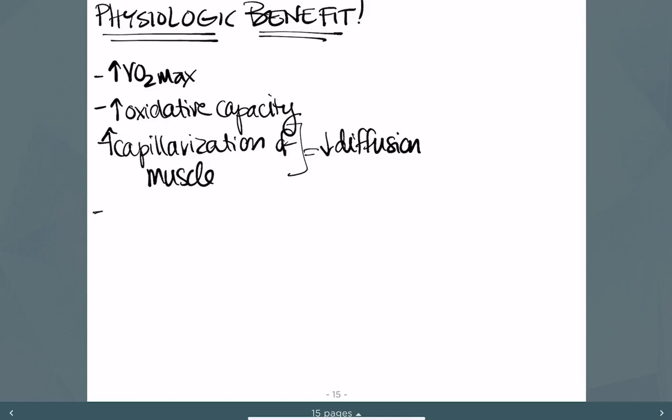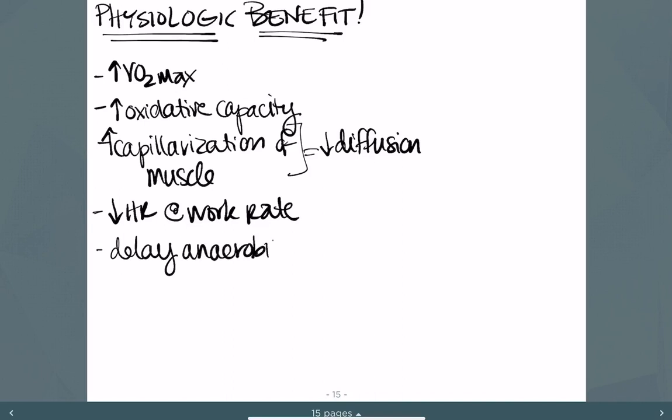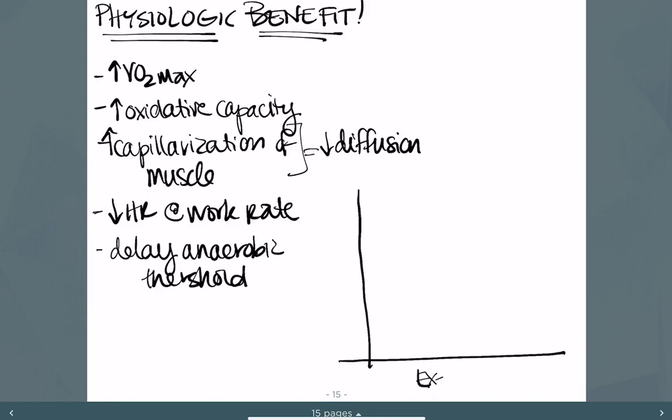With training, you can decrease heart rate for a given work rate. Well, if your heart doesn't have to beat as fast, that's less oxygen demand of your heart because your heart is working when your heart is beating. You can delay the anaerobic threshold, the lactate threshold, some people call this. So that's really huge. If we're thinking about exercise intensity,